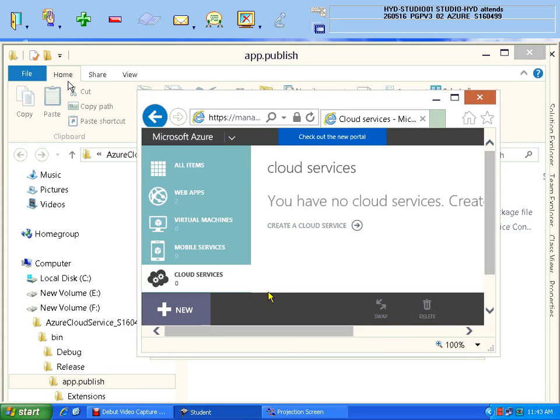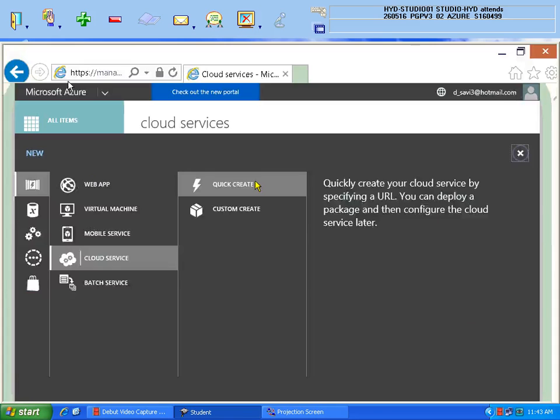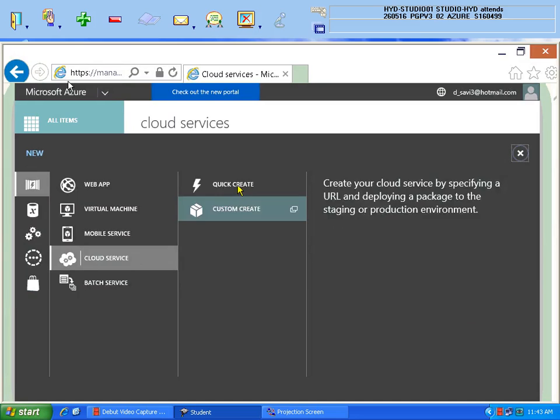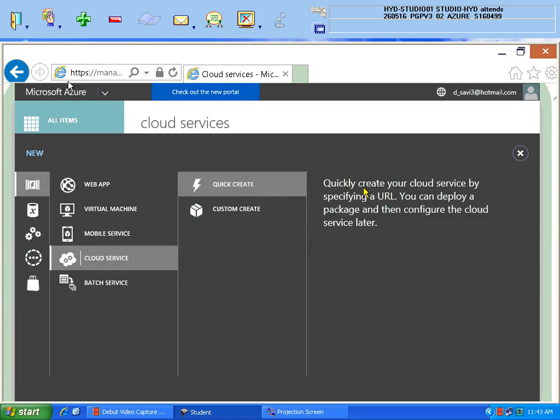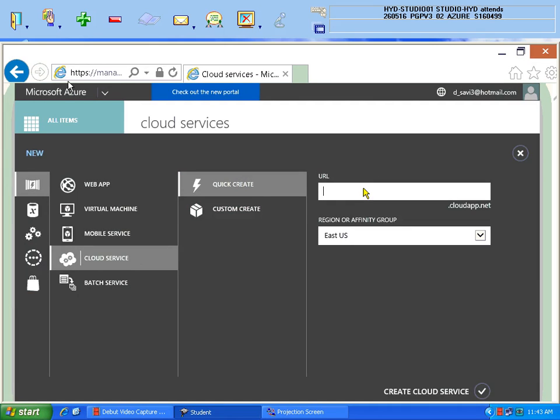If I am clicking on new also, no problem. Now again let me maximize. Quick create will be there. Like every time, cloud service, quick create, and what URL, where do you want to host it, with what URL others can access your service. So I am giving S160499 service.